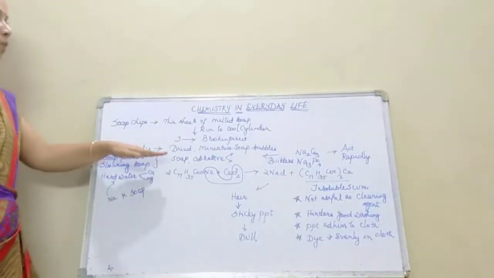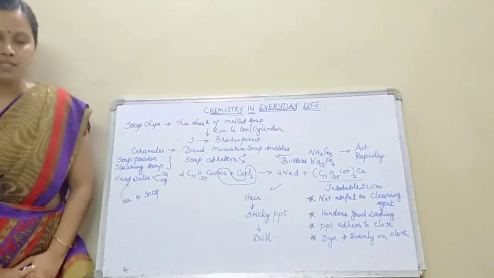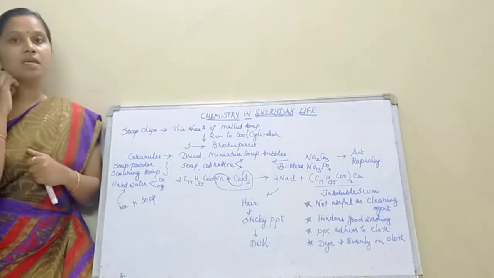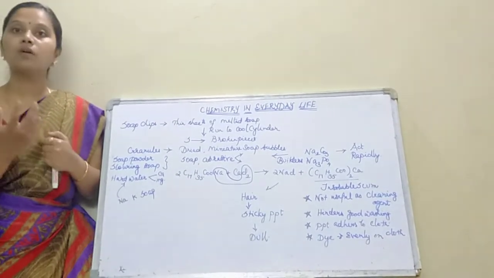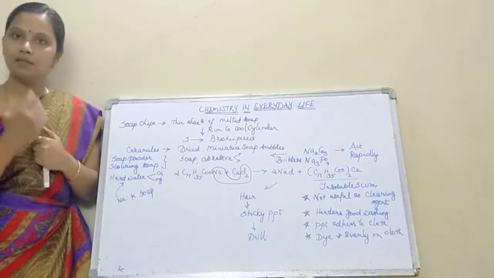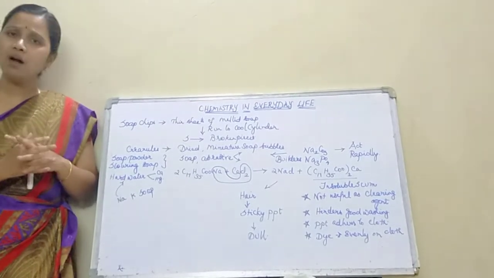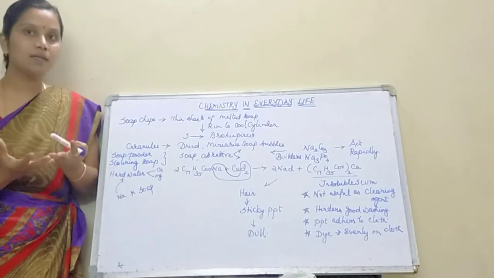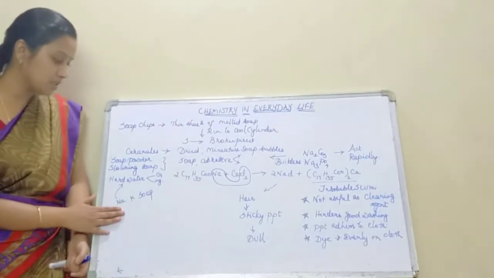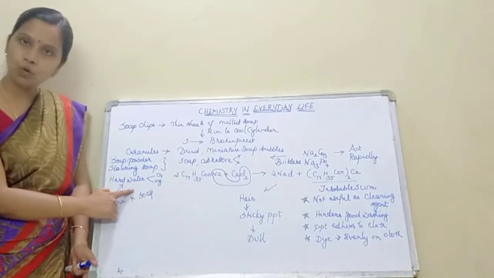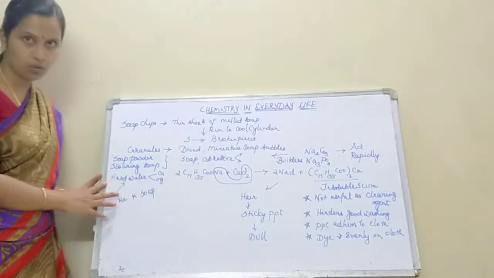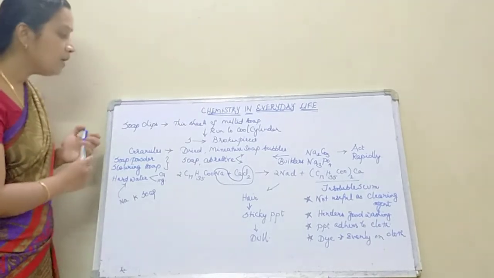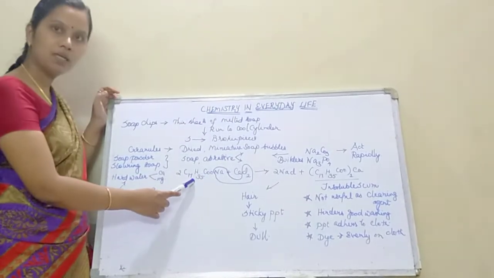Now, till now under cleansing agents we have seen how soap acts in normal soft water. Suppose my water is very hard, then what is the action of soap? We already studied hard water last year and how to remove its hardness. Hard water contains calcium and magnesium salts. Now I am adding my sodium and potassium soap to hard water. We already know the structure, which is sodium stearate.